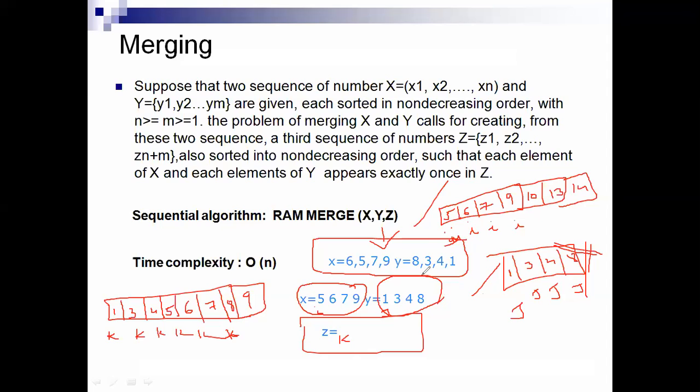So just as I told you, see here, this is one array and this is another array. I compare both arrays, and whichever is the smallest one is stored in another variable, that is k. Then the k value is incremented by one, and the j value is also incremented by one. Then again it is compared with the i value.